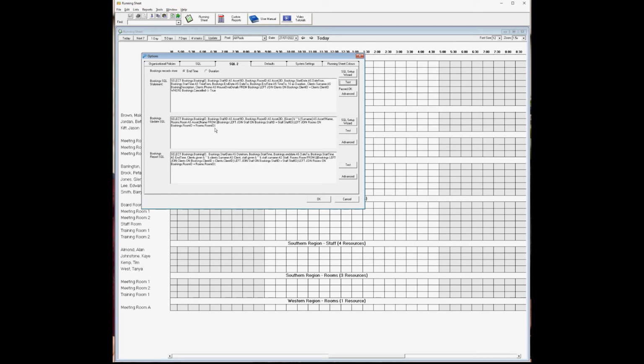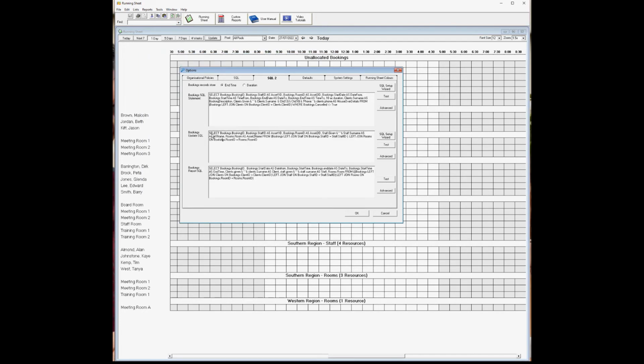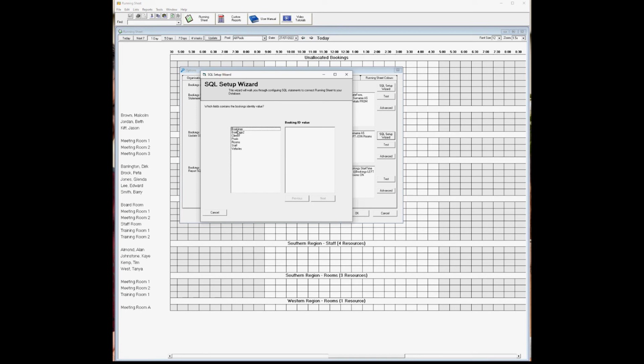Now the final important one, if you want to be able to drag and drop or move appointments around on a running sheet, is the update SQL statement. If you just want the running sheet to view only, you can leave this blank. So once again, click on the SQL setup wizard. Which field contains the bookings identity value? Again, which field contains the resource 1 ID, that is the staff ID in this instance, and the resource 2 ID will be the room ID in this instance,